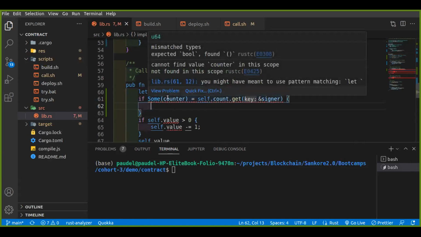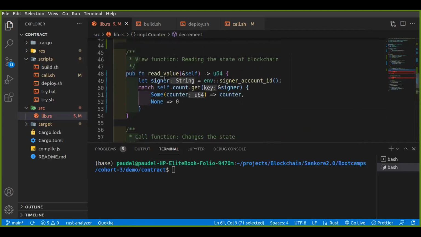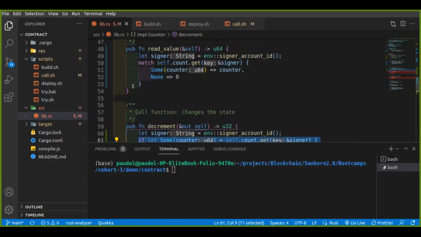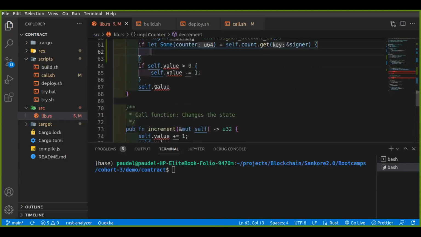let me see what's happening here. Expected bool, but then found that. Okay, yeah, so that is how we go about that. This is similar to the match function up here, guys. It's only that I'm trying to shorten it, and this is how I shorten that. So I'm saying if let Some counter value after retrieving it from this particular object. Any value we retrieve from this object is going to be assigned to this variable right here. It's going to take the Some object, and then if that was successful,